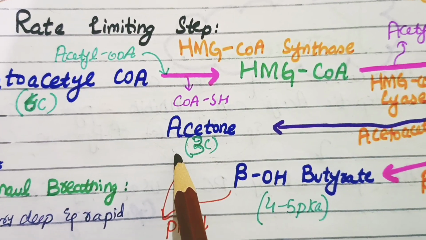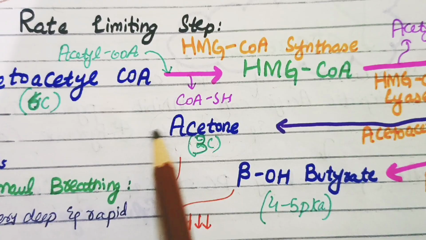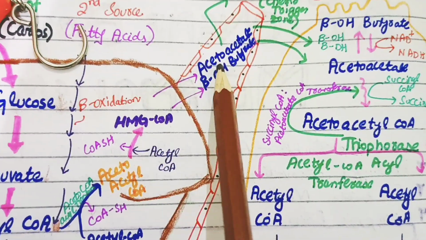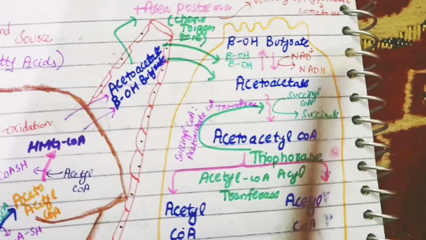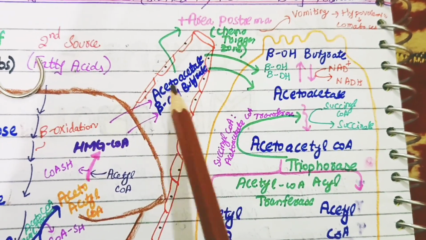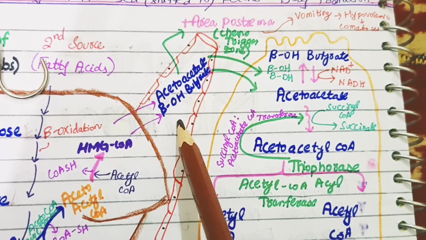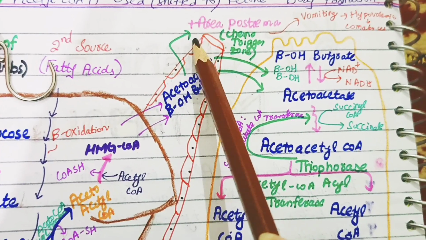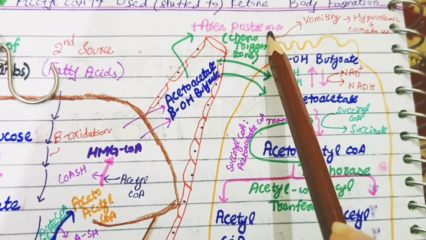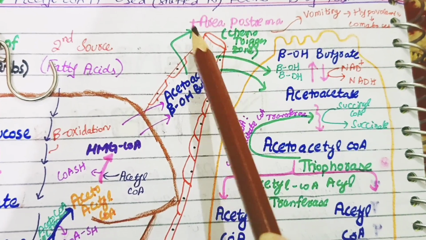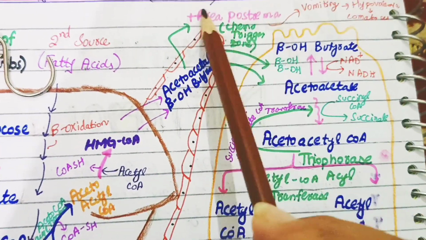Acetone that is produced here cannot be metabolized further in the body, therefore it is exhaled in the air, whereas the other two ketone bodies, acetoacetate and beta-hydroxybutyrate, enter the bloodstream. One other point that should be noted here is that when they enter the blood circulation, they go to the brain, where they come in contact with an area in the brainstem, that is the area postrema. Now this area postrema has no blood-brain barrier, therefore it can detect the substances in the blood,